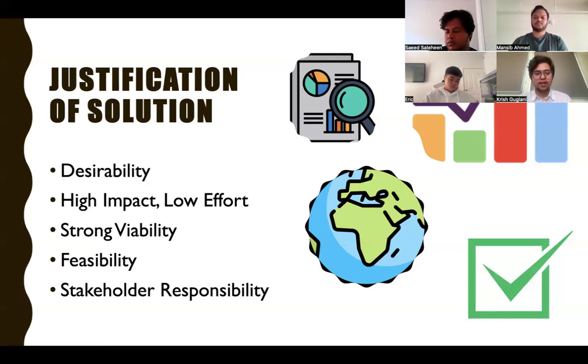health data. In summary, multilingual interactive orientation resources is a desirable, viable, and feasible solution. It doesn't just solve the problem, it positions Medibank as a leader in innovation, customer care, and ethical responsibility. Together, we can transform the international students' experience and make healthcare more accessible for all. Now, I would like to pass my word to Saeed for explaining